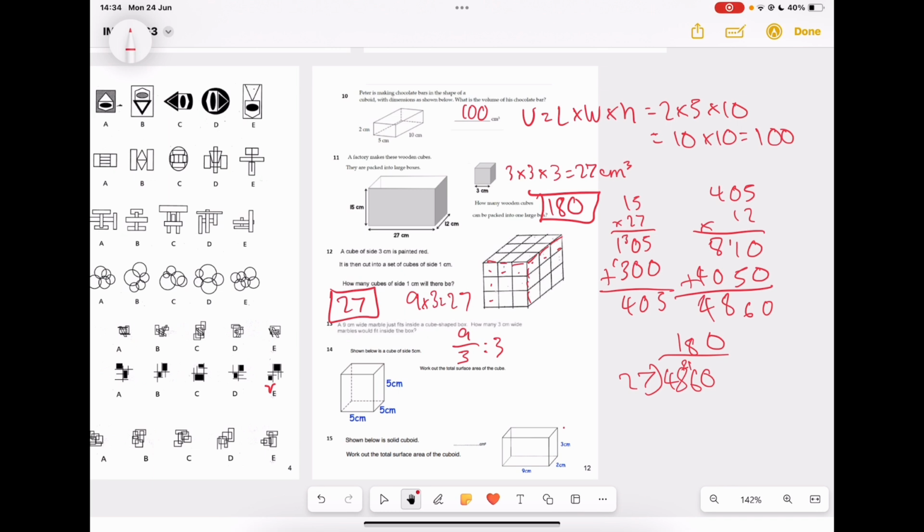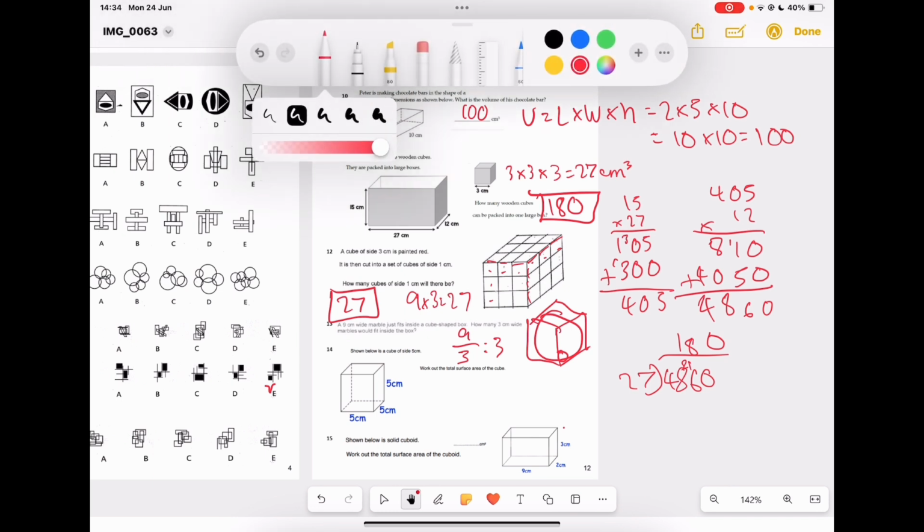But then 3 centimeter marbles can then also fit another 3. Okay, so it's like the question in 12. This one big marble fits that, but then that can also, I'll draw it in another colour. That could then also fit 1, 2, 3 marbles here, and then another 2 there, 3 here, 3 there, and